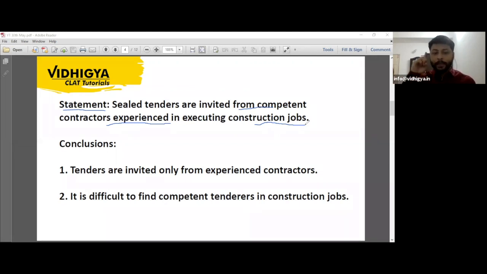Okay, so one thing, sealed tenders are invited. From where are they invited? They are invited from competent contractors who are experienced in executing construction jobs. So experience is required there. All right. Conclusion number one reads, tenders are invited only from experienced contractors. This is like saying,